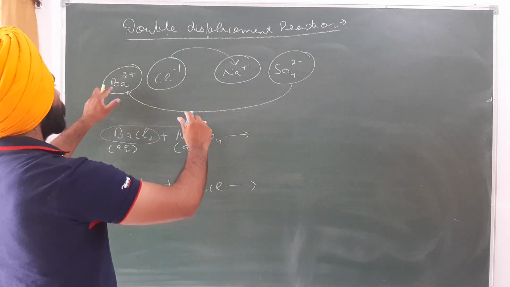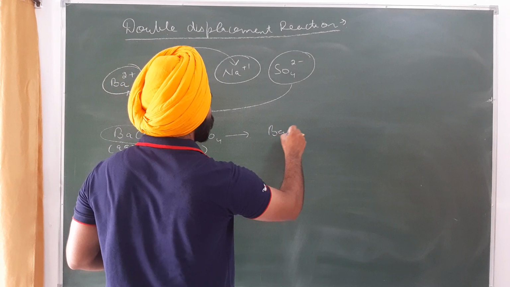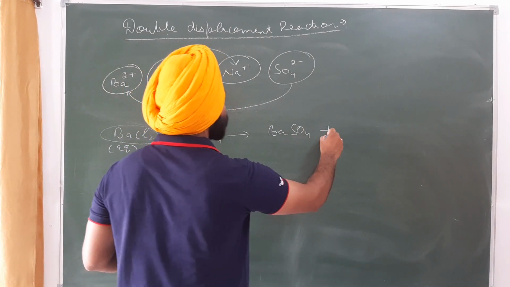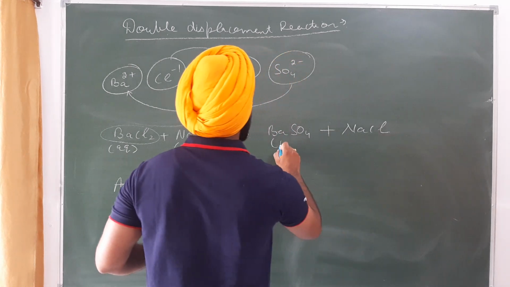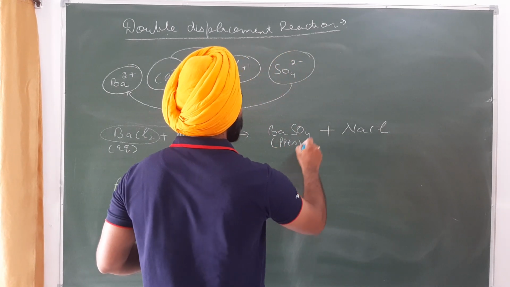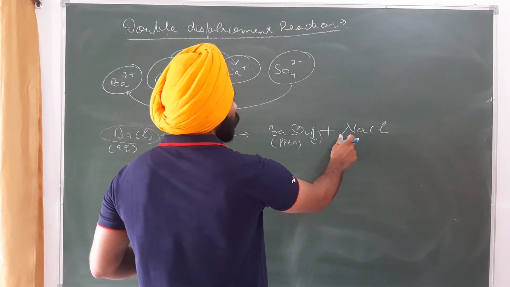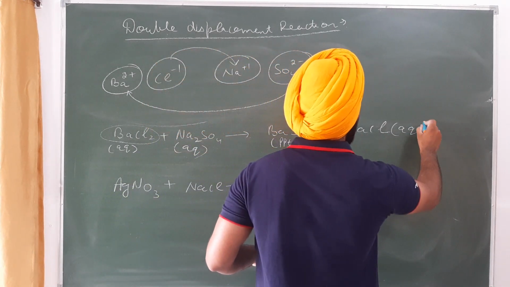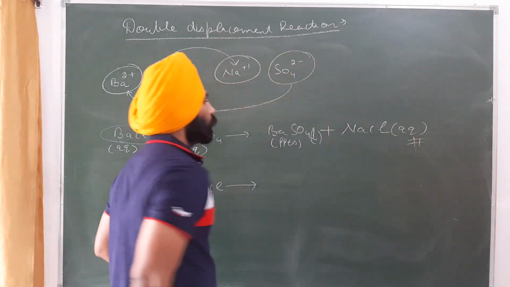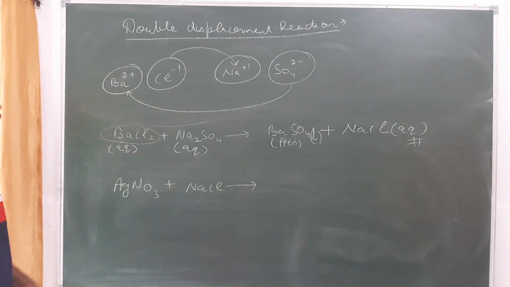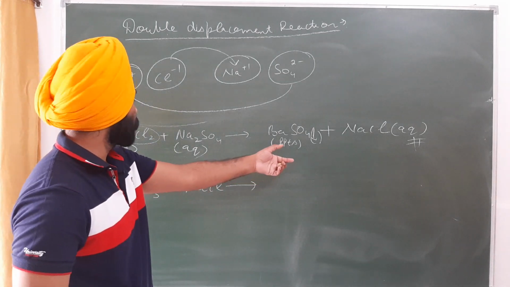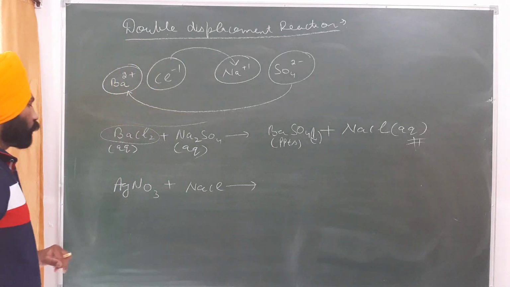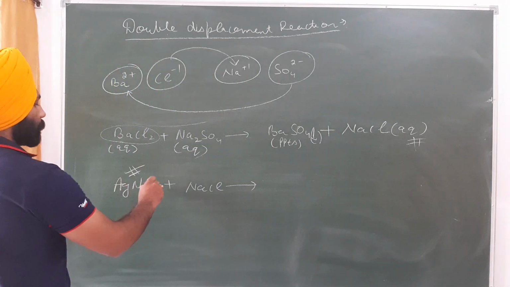And the product will be BaSO4 plus NaCl. BaSO4 is a precipitate, which will settle down, and NaCl will be in aqueous form. It will be dissolved in the solution after the reaction. So here precipitate formation occurs. Now the same phenomena will happen here,